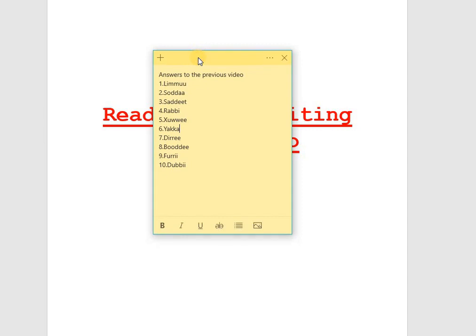So if you have written this, you can mention down in the comments how much you got: 10 out of 10, 9, 5, 6, 2. So this is how we actually write. How we write